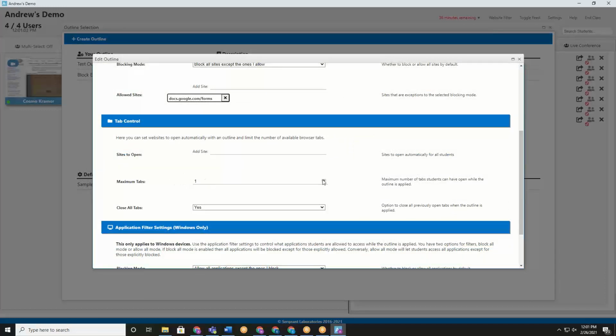So if you'd like, let's say we have a test and then 2 resources, we could set that tab limit to 3. That way we can know for sure students aren't even going to have the opportunity to try and open up something else, go somewhere that's going to lead to them being blocked because that tab limit is put in place here. And then we have the option of having all tabs close when you apply one of these